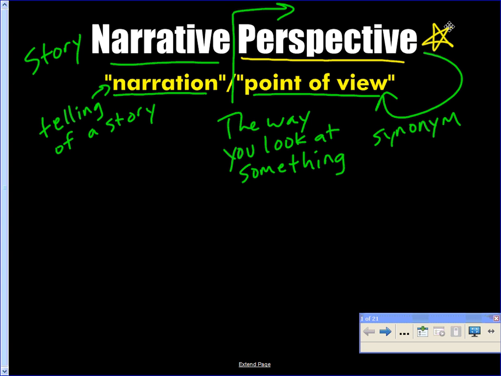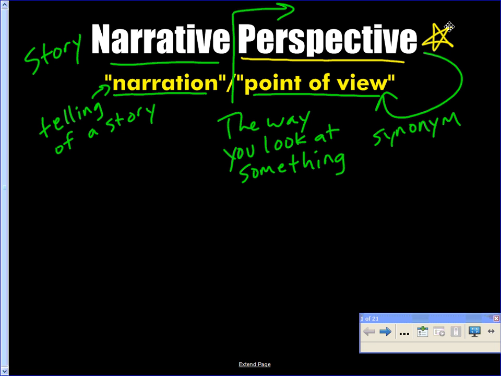However, I think it's probably the least specific. It's the one that has a lot to do with non-literary ideas. I like narrative perspective. It says, this is my way of looking at a story. Narration's pretty good too. This is my way of talking about a story, of telling a story. But I want you to be able to use all three terms and realize that they all basically mean the same thing. This is my way of telling a story. This is a discussion about the ways stories are told.